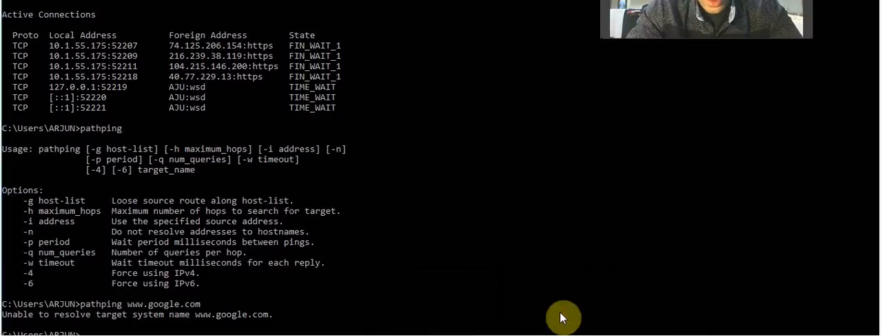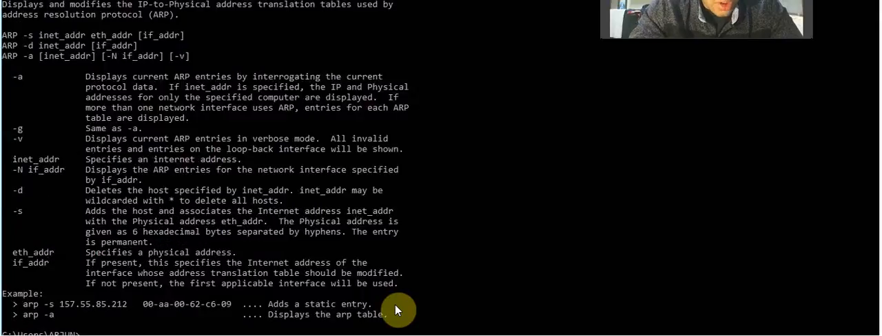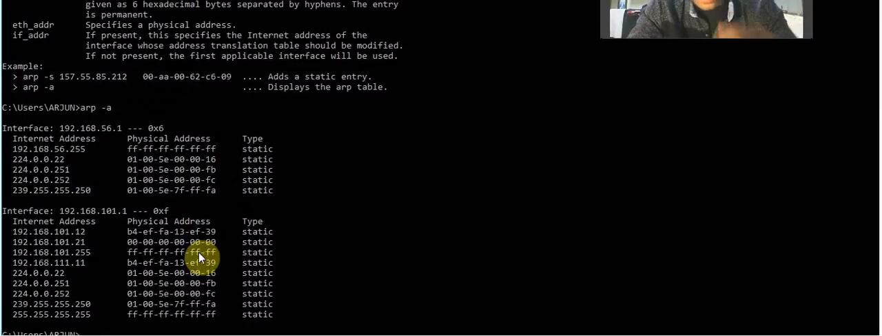Okay, ARP is a super command. ARP is the Address Resolution Protocol. Let's see over here. Let me give ARP alone first. If you give ARP, it displays what options are available. It's a normal thing. Now if I give ARP hyphen a,